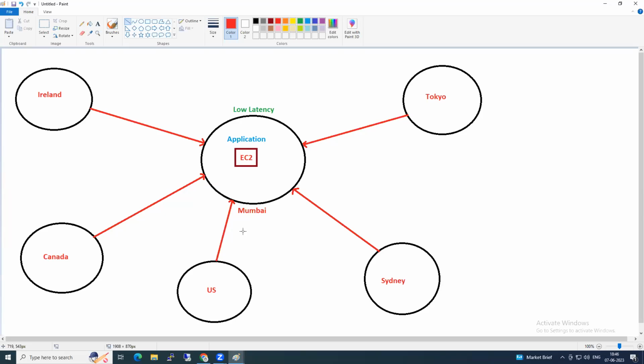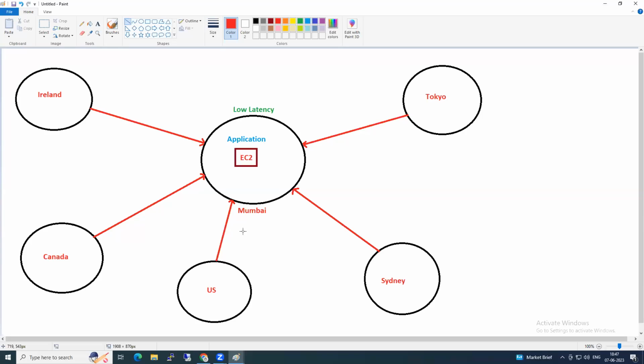So the idea here is my application is only in Mumbai, but throughout the world I need to access it. The solution is to take this application and keep it in all the regions, so that whoever is accessing from the US, the US application will reply.